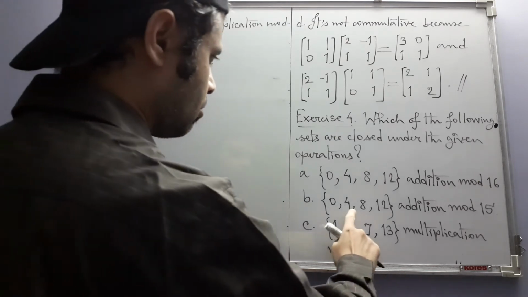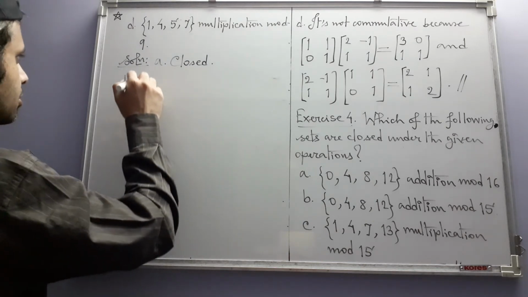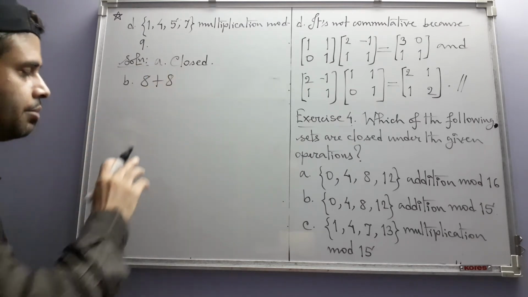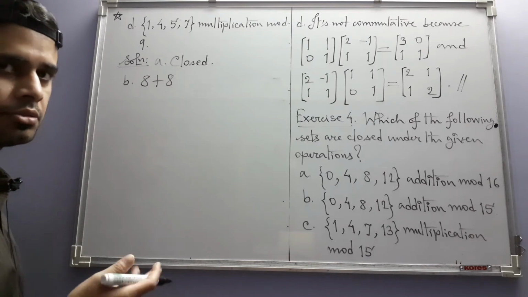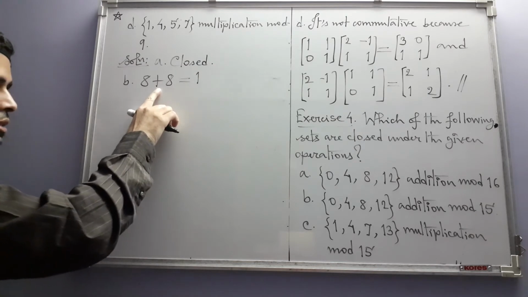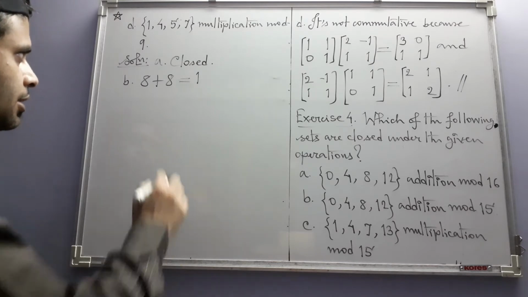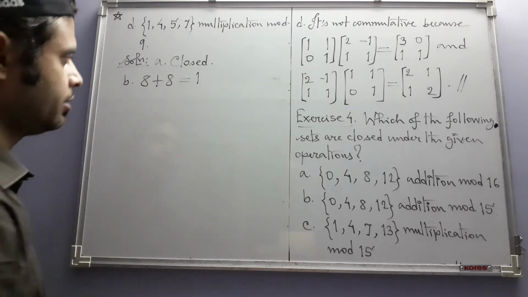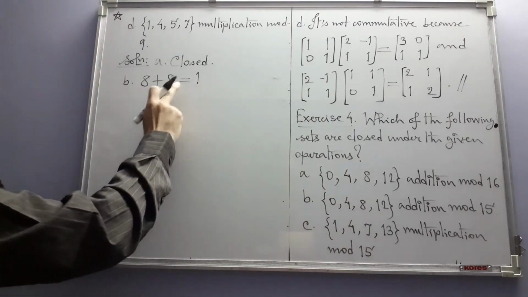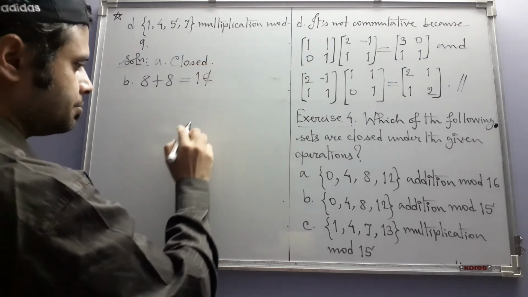B. What about this one, modulo 50? This one is not closed because if you add 8 with itself using this operation, then that is equal to 1. You have to understand this is not ordinary addition, it's addition modulo 16. If you want, you can use some other symbol here, but just for the sake of showing, I am showing this fact that 8 plus 8 is equal to 1 under this operation, and 1 does not belong to